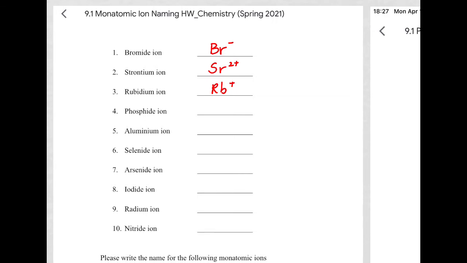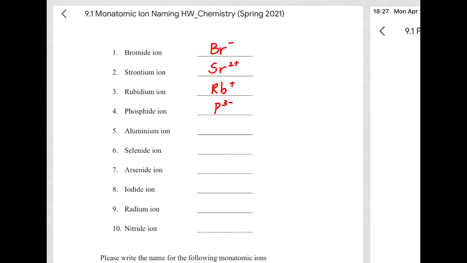Phosphide. So this can be confusing, right? It wasn't confusing when you were doing this homework, but now we had phosphide. That was the only one I gave you, but we also now have phosphite with an ITE and phosphate with an ATE ending, right? So be sure that you really pay attention when I give you nitrite, nitride, nitrate, or phosphide, phosphate. Same with sulfur, sulfide, sulfite. So be careful. Be sure you really pay attention to those ones. So phosphide